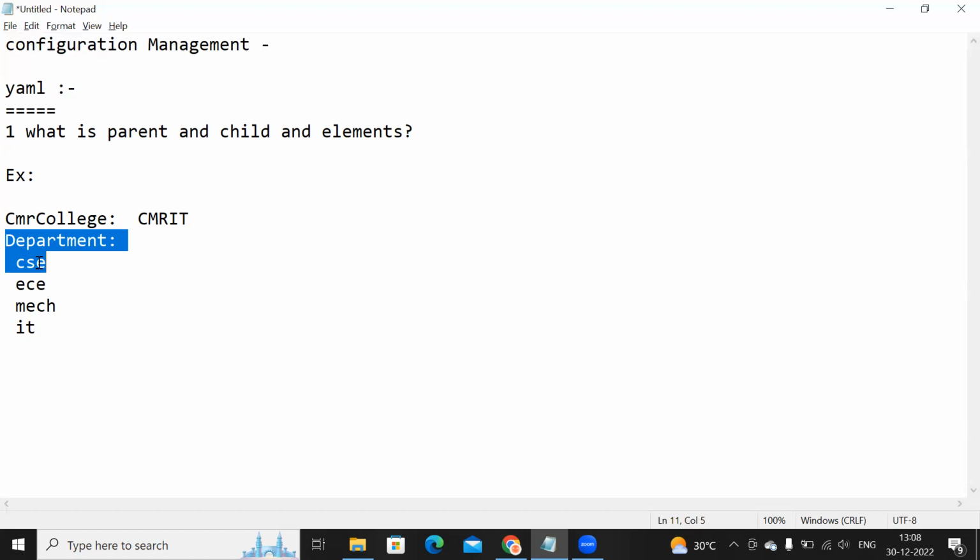We have declared certain data in a serialization manner, and the data serialization goes as CMR college is the first parent element, and the department is another parent element, and whichever you are seeing, CSE, ECE, mechanical, IT, all these are child elements. Okay, so now here I'm going to have one more section called